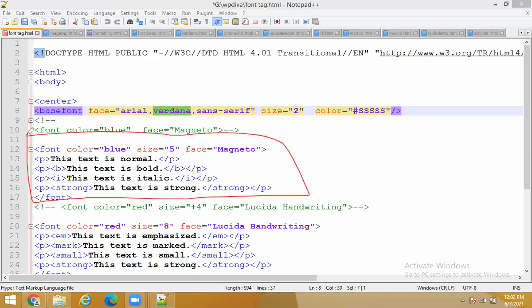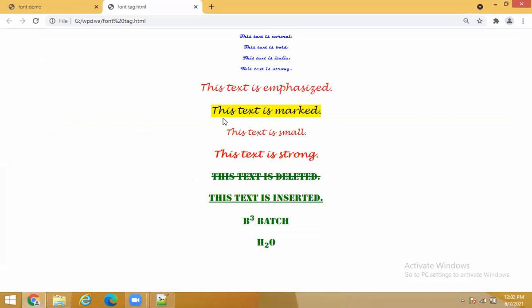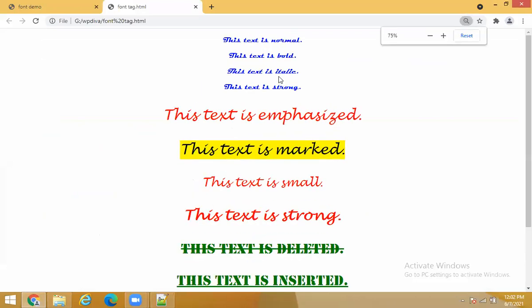Can you see that? Why? Because I'm closing the font tag here. So normal, bold, italic and strong will come in blue color, size 5 and face magneto. If you see the output, you will come to know. Did you see that? Only for this area that is applicable.